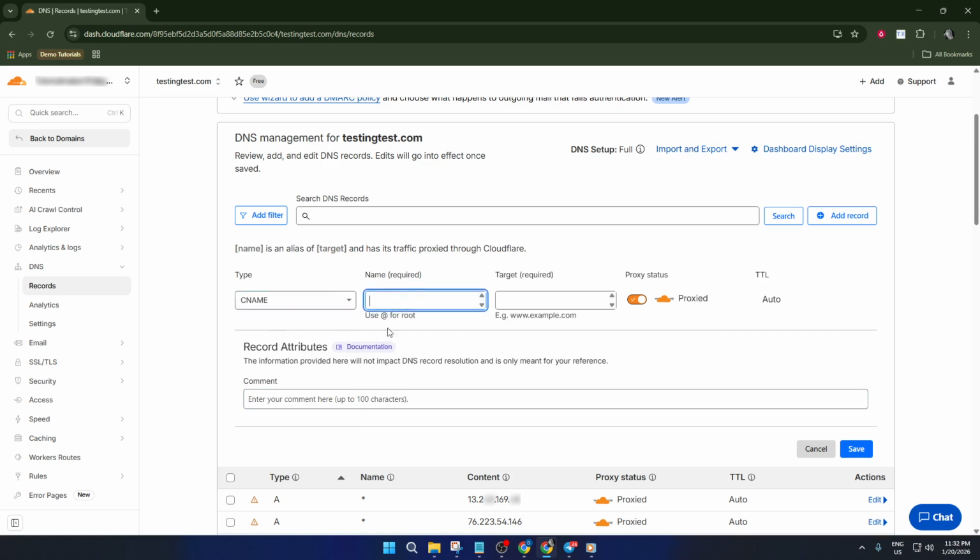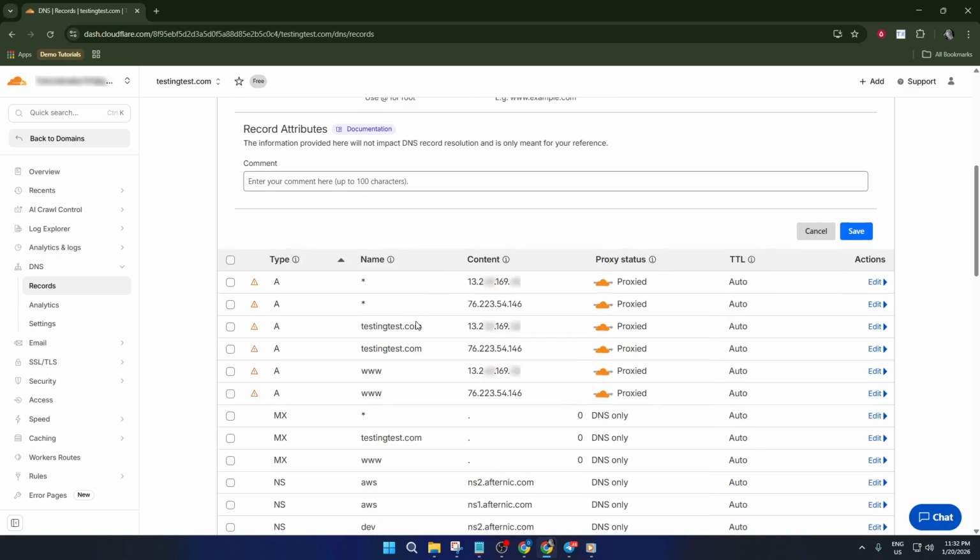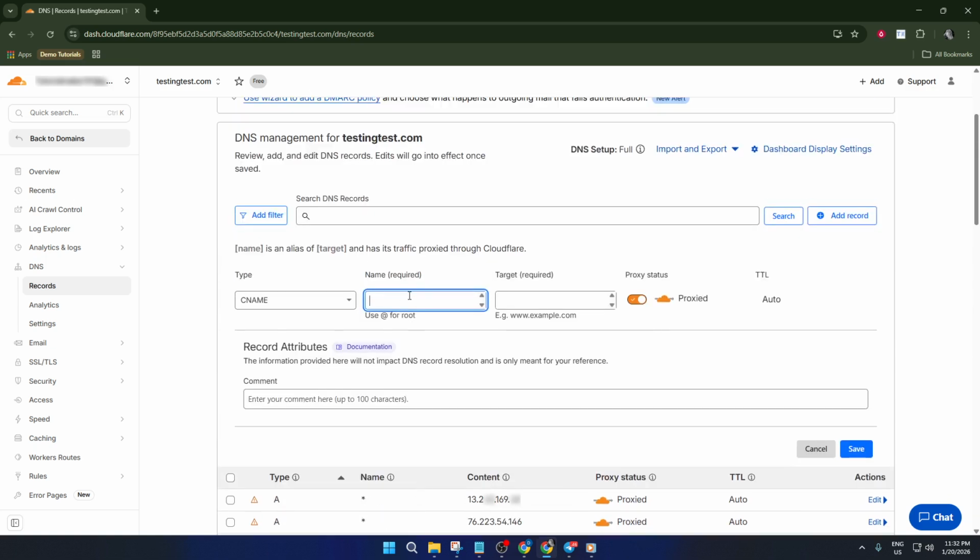On the other hand, if your subdomain is going to a web service like Vercel, or maybe to an app hosted on another platform, go with a CNAME record. This type of record points your subdomain to another domain name instead of an IP address. Take a moment here if you're ever unsure. Try to find out if you've been given an IP address or just a host name, because that will determine